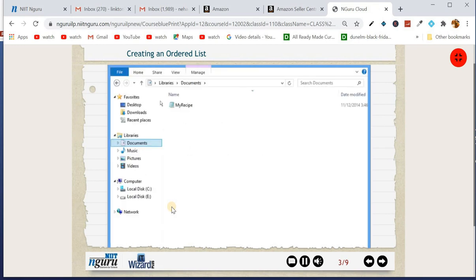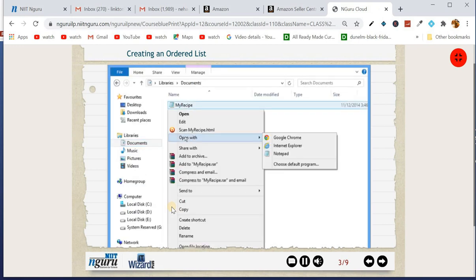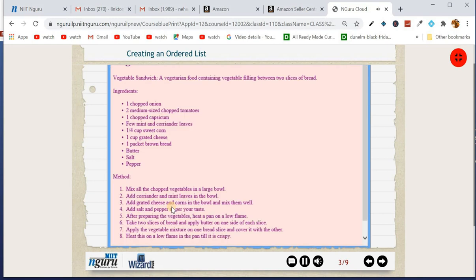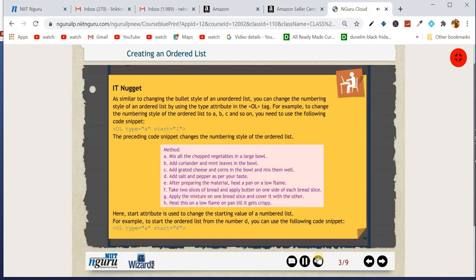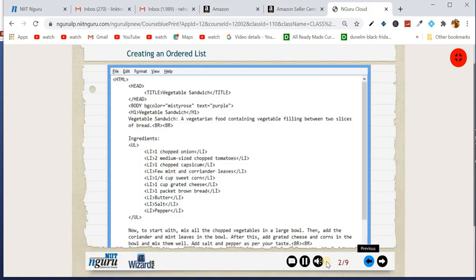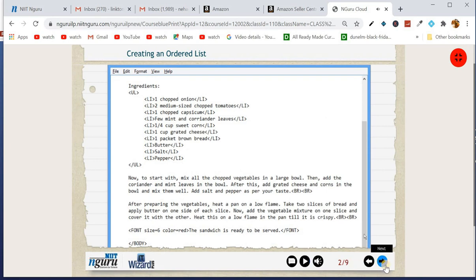Save this file and open it in the browser, and the ordered list for making the sandwich is created. So like this you can create an ordered list. It is the process to create an ordered list here.